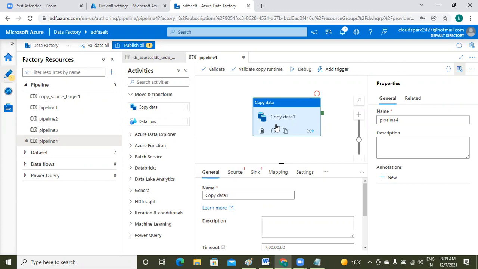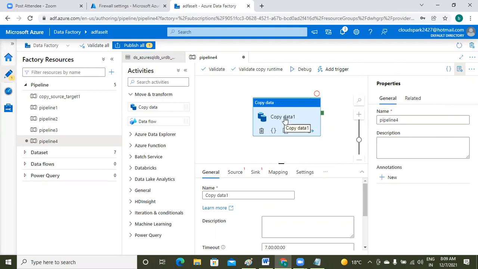Data flow is exclusively for the transformation purpose. Transformation, and also extraction, and also writing into targets. All the things it can do. Data extraction it can do. Data sinks, that means writing into targets, it can do. Between them, transformations it can do. It's only the new version feature, the ADF version 2 feature. And additionally, in version 2, Power Query was also introduced.